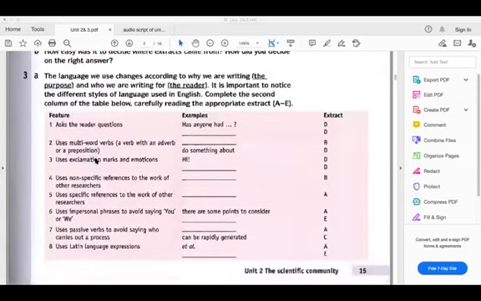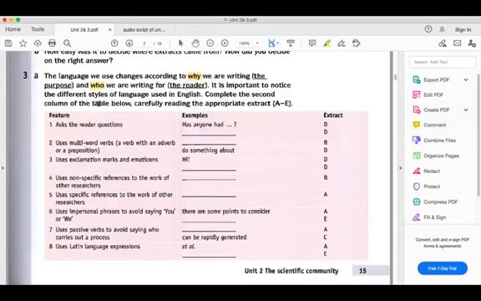Let's know more about the styles of language here in exercise 3E. The language we use change according to why we are writing, which is the purpose, and who we are writing for, the reader. Like, for example, when you write for a professional scientist, is different from when you write for general audience. لما نكتب ونخاطب ناس متخصصين، علماء متخصصين، هيبقى مختلف ان احنا نكتب ونخاطب الناس عامة، right?